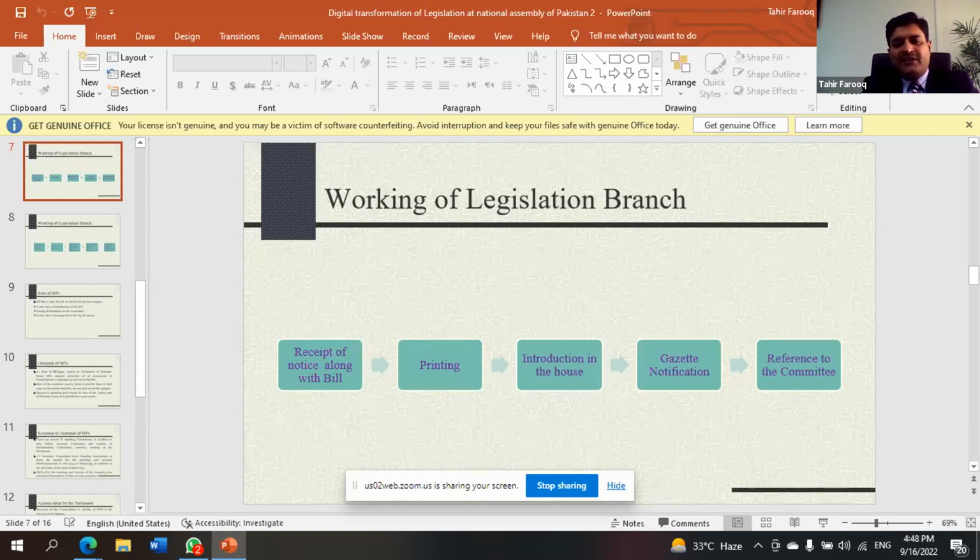to expedite disposal of the business before the